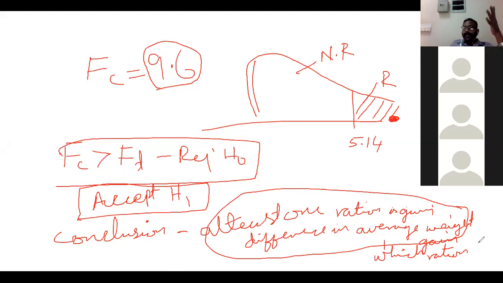To that answer, we'll look at it a little later. By looking at just the data, we cannot come to a conclusion. So to answer which ration is giving more weight gain than which ration, we'll have to do a